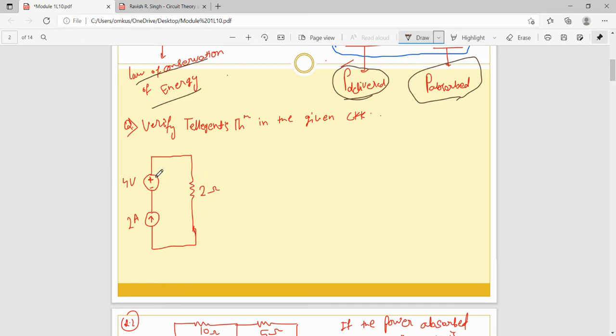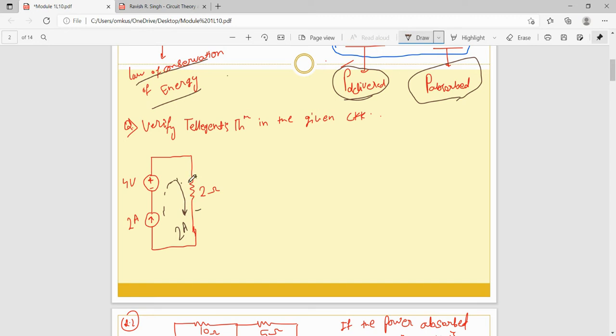Okay. So see, in the previous class, I told you in a parallel circuit, voltage is the dominant factor, right? But here, this voltage source and current source are in series. So which is dominant here? Current is dominant in this circuit. So the 2 ampere current source is connected with the 4 volt voltage source. In a series circuit, current is the dominant factor, so 2 ampere current will flow in this circuit, with the direction as per this 2 ampere source. So this is the positive terminal and this is the negative terminal.